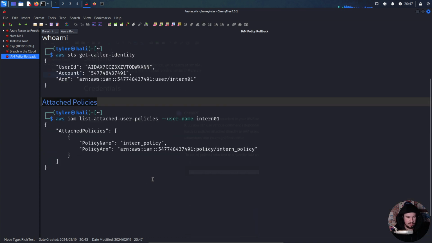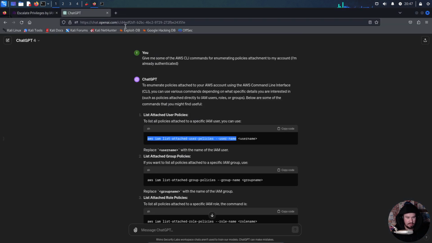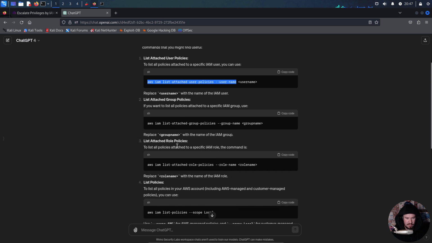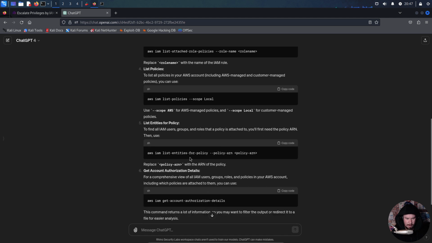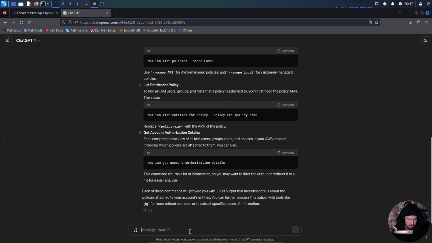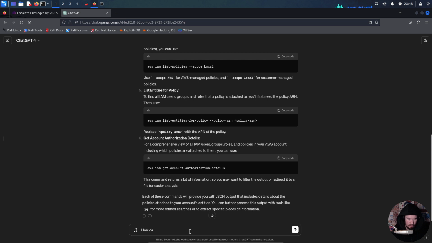And now what we want to do is enumerate what this policy actually allows us to do. We'll see if ChatGPT has that information for us. We don't need group policies. We don't need to list all policies attached to a specific IAM role. We don't really need that. Oops, can I view detailed information on a specific